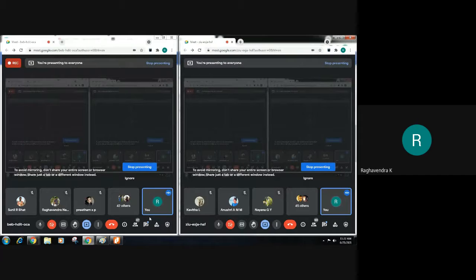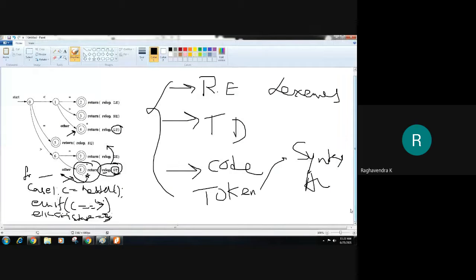What is important here to understand is how we write regular expressions, how we convert these regular expressions into transition diagrams, and of course how we convert these transition diagrams into a piece of code. With an example we have already discussed this. You can look into those examples again if you have any doubts.